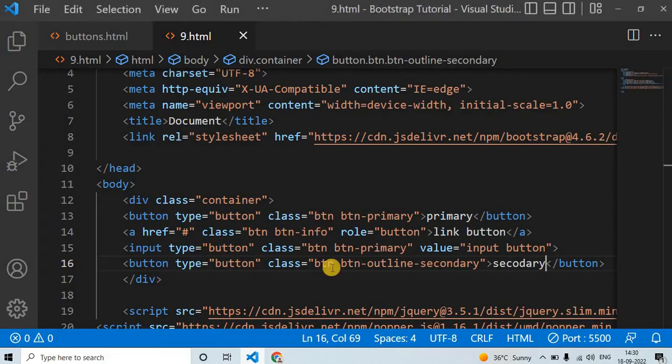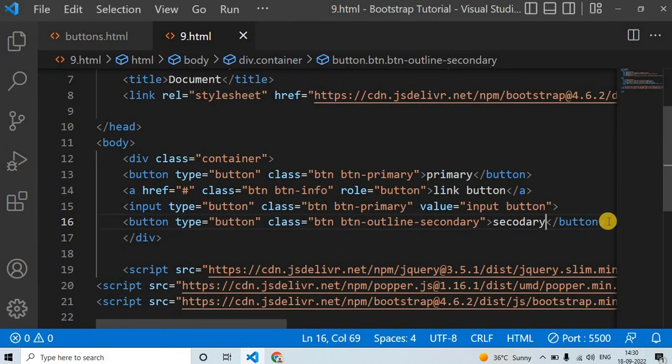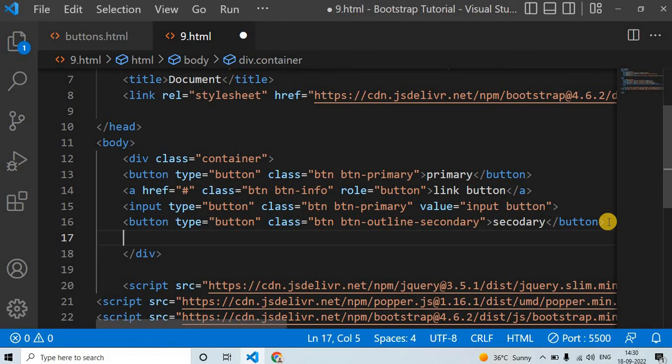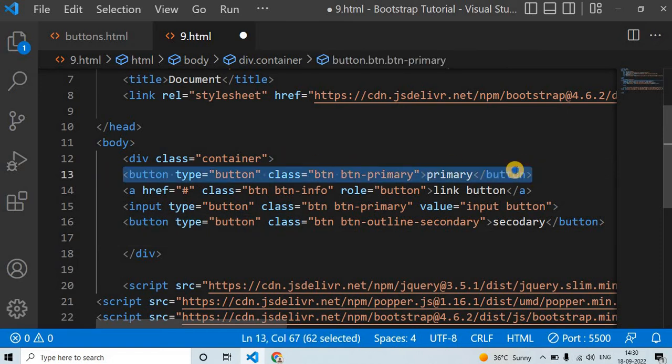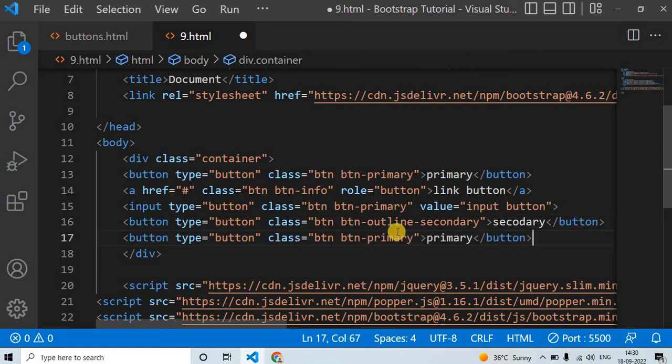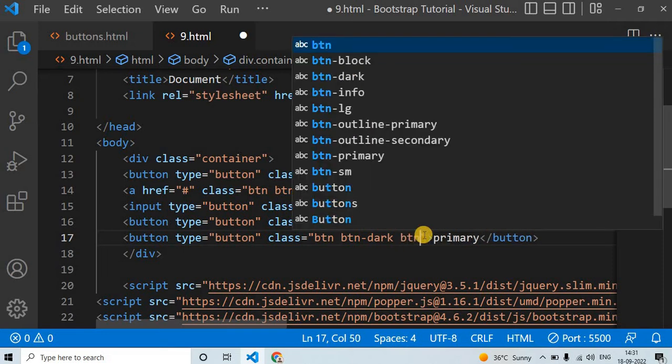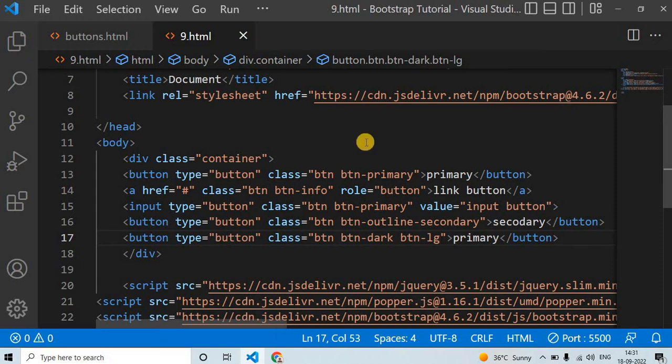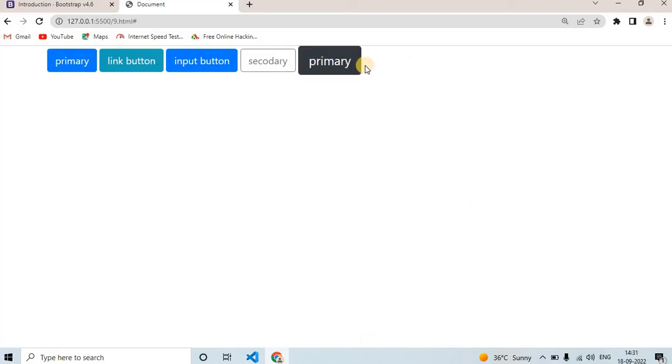So here you can see the different types of outline. This means outline. And now we have to declare the sizes. So first of all, copy that line, paste it here, change the color, write dark, and we need the button large, btn-large. So here is cancel and save it, and here you can see the button is the high size from